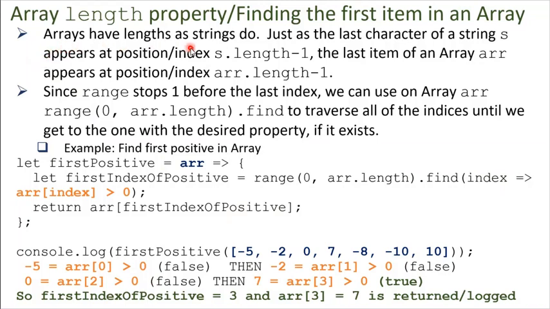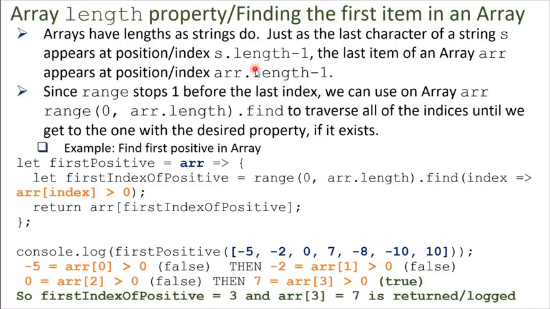You could also do this for arrays, right? When let's say you're finding the first number with some property, a first item with some property in an array. It doesn't have to be a list of numbers. So we're just going to give as an example we're looking for the first positive in the list. So if we're looking for the first positive in the list here, what we would really want to do